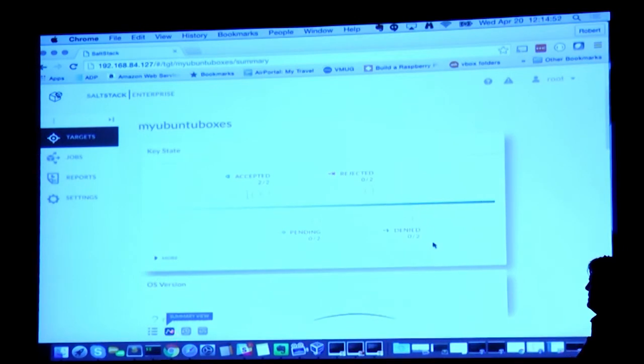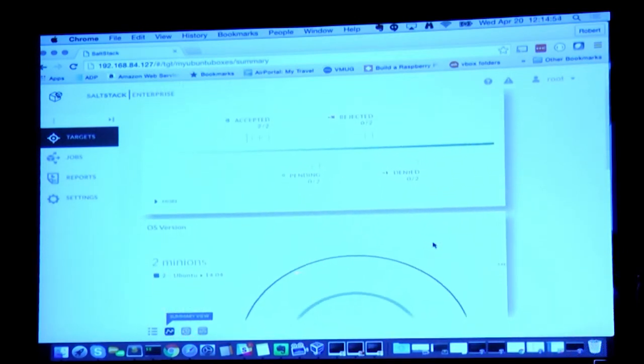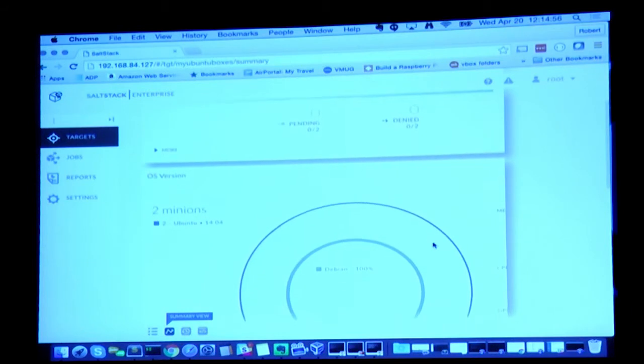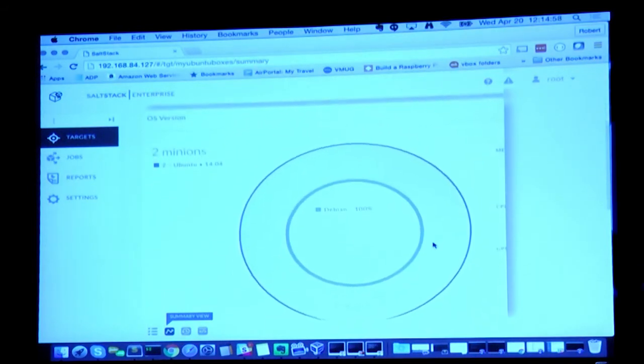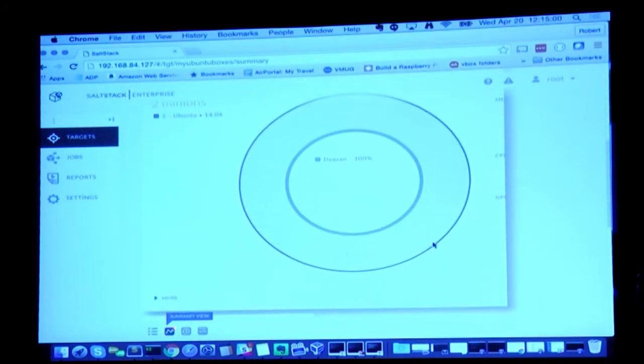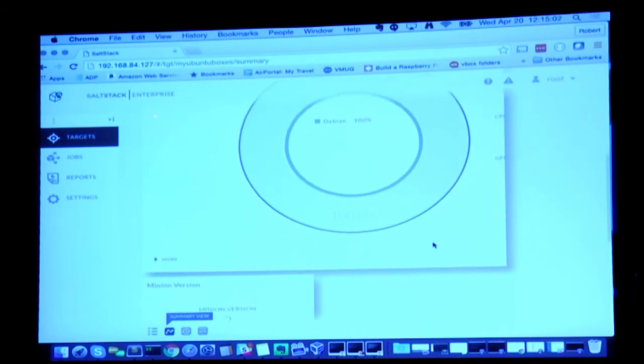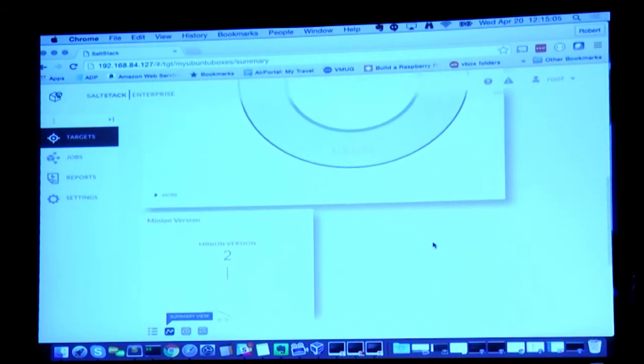Okay, what the summary view is, we saw job history view. What the summary, and I apologize, this is still a work in progress. There are more graphics being built. The summary view is sort of a dashboard view for this particular target. So you can click over and get a real quick look at